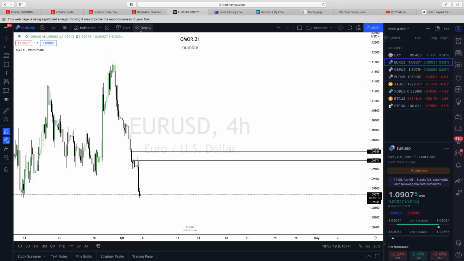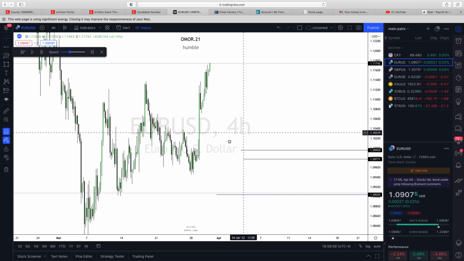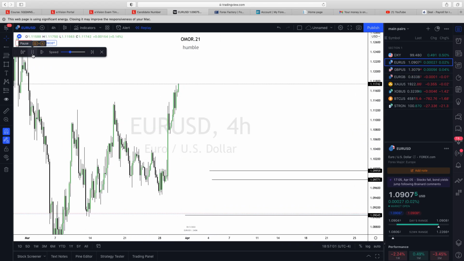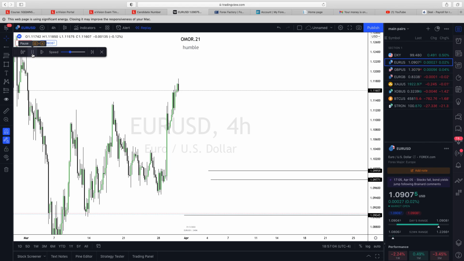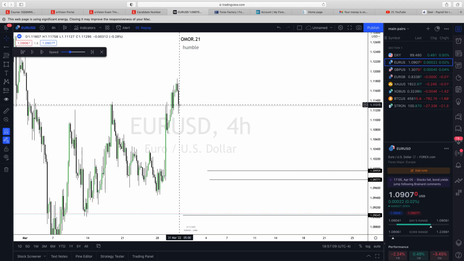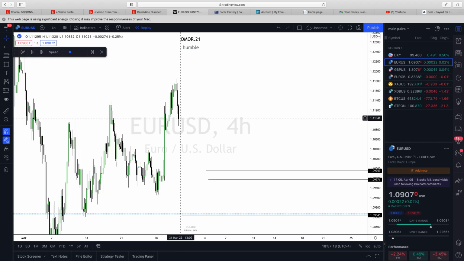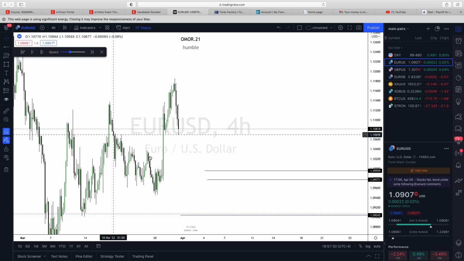Let's go on the replay button. Let's replay it from here. So there's an imbalance now, right? From this candle, from this wick to this close, if that is a close, right? Now, what happened? Now there's going to be imbalance from here to here. But the next candle, let's see what happens. Now look,